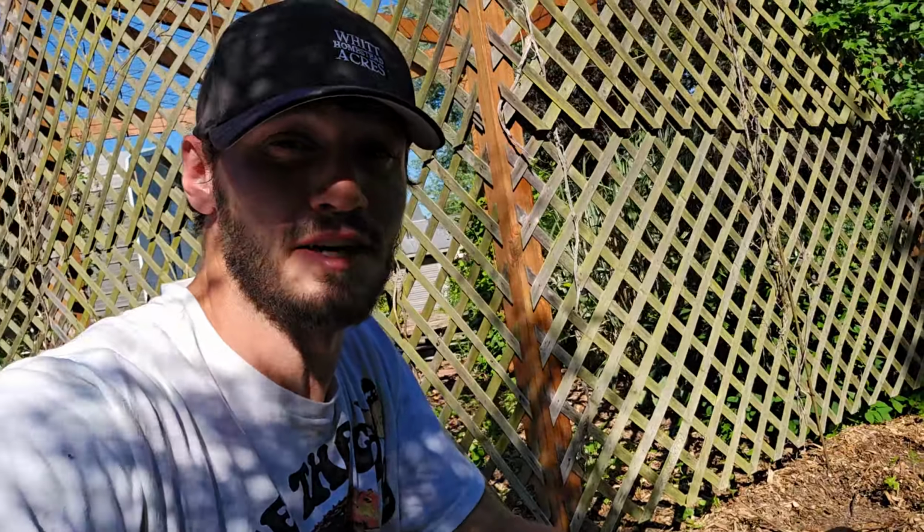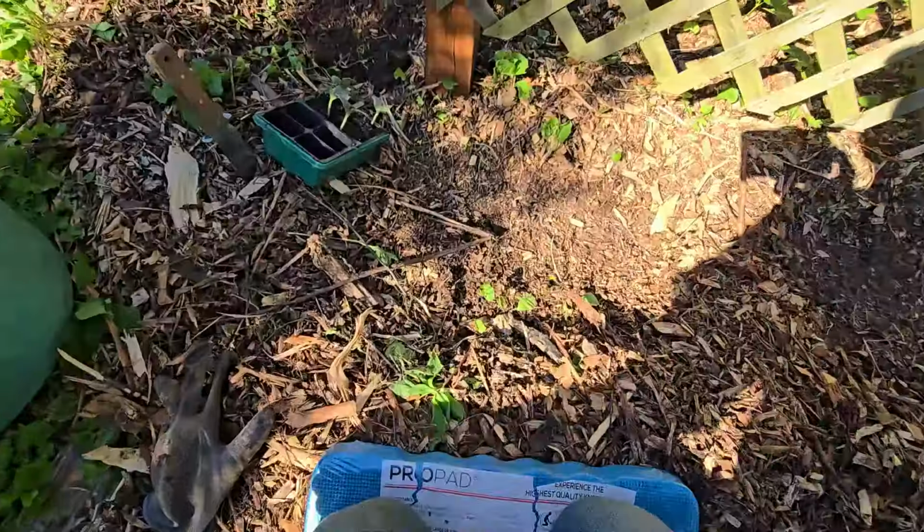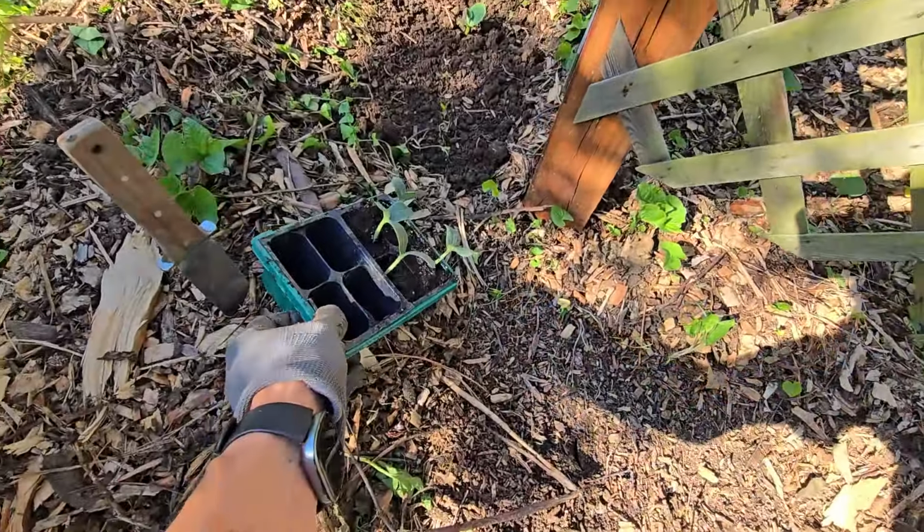I much more see myself in a building and learning phase of life than a teaching phase. But I know a lot of you watching just want to know some basics of gardening, and I can help with that. So just to explain a little bit of what I'm doing here, I have some gourd seeds